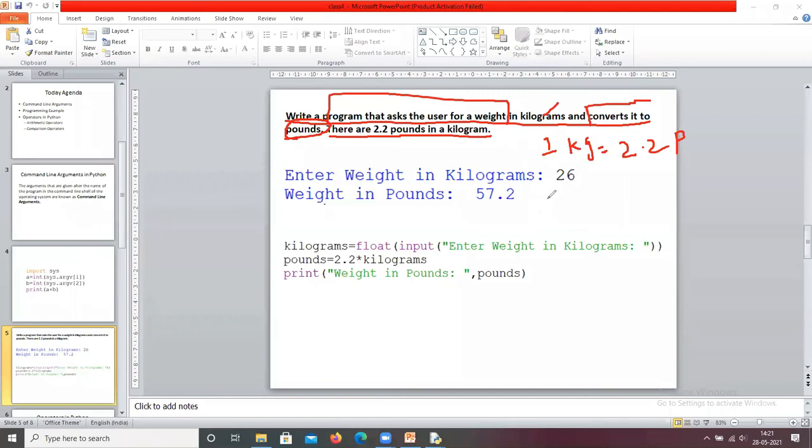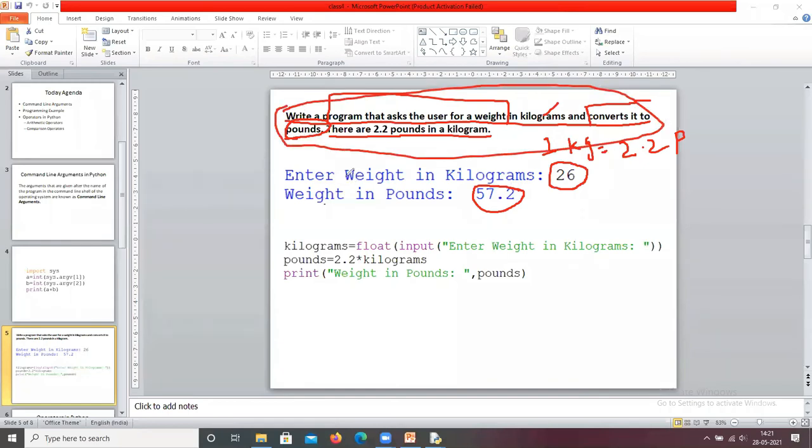Okay, so what is the input here? If you give the input 26, we get the output 57.2. Now when you read this program problem, you can understand that you're going to write a program that asks the user for a weight in kilograms.